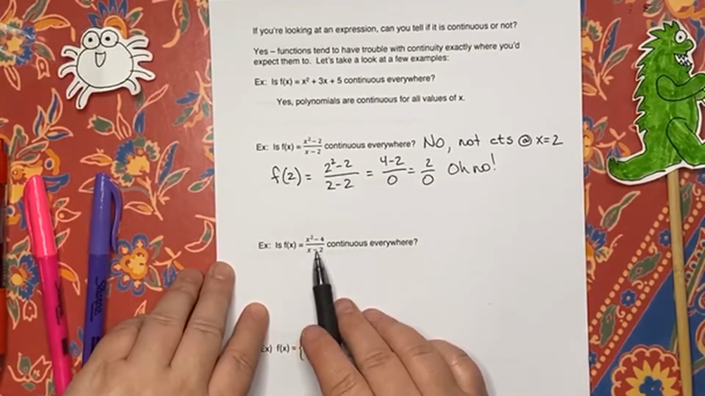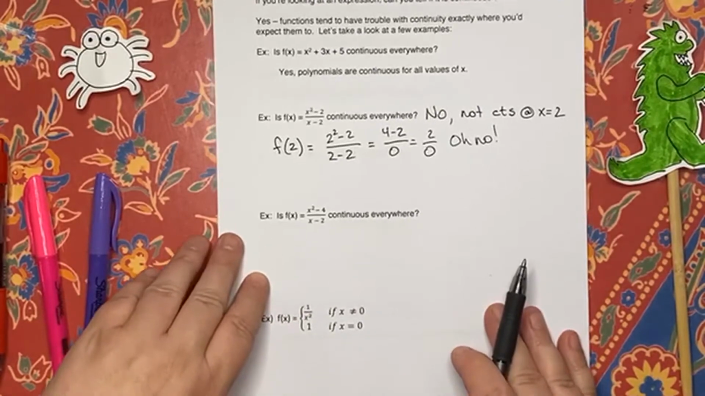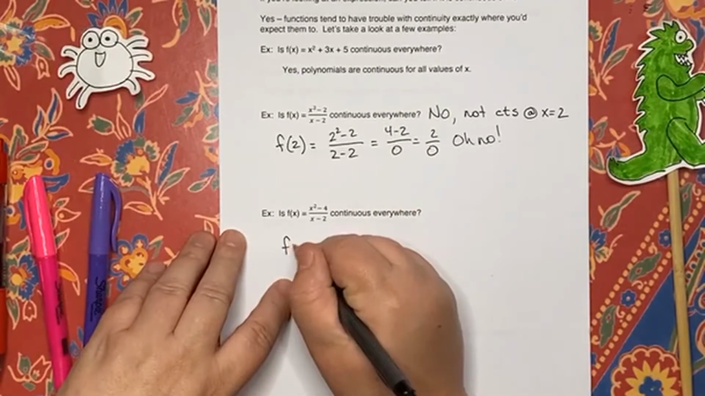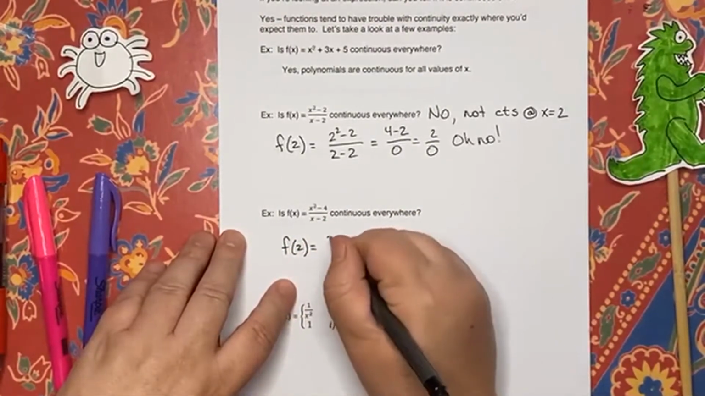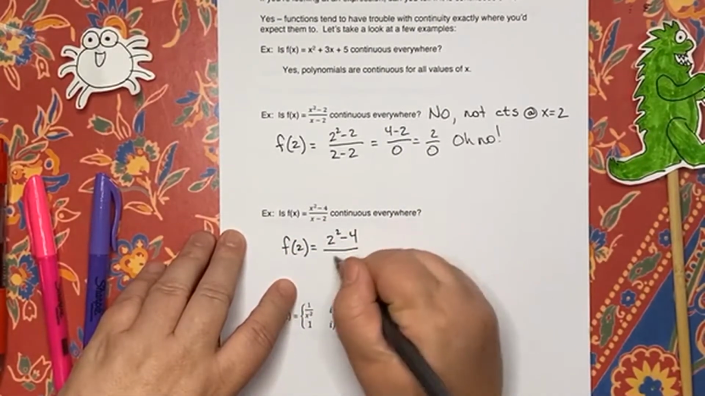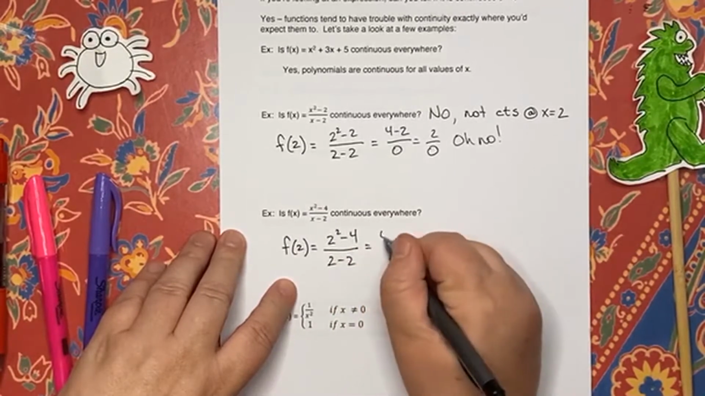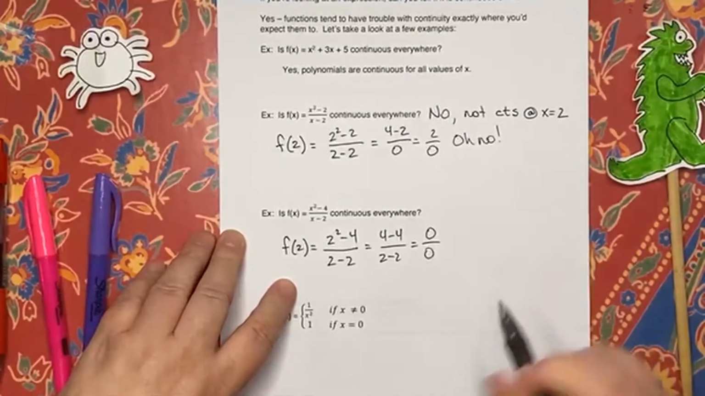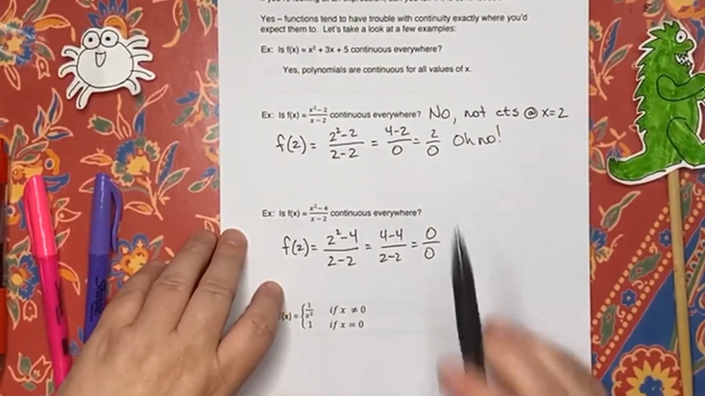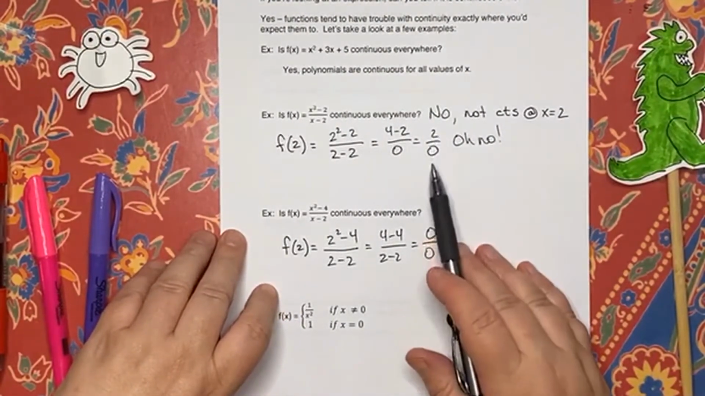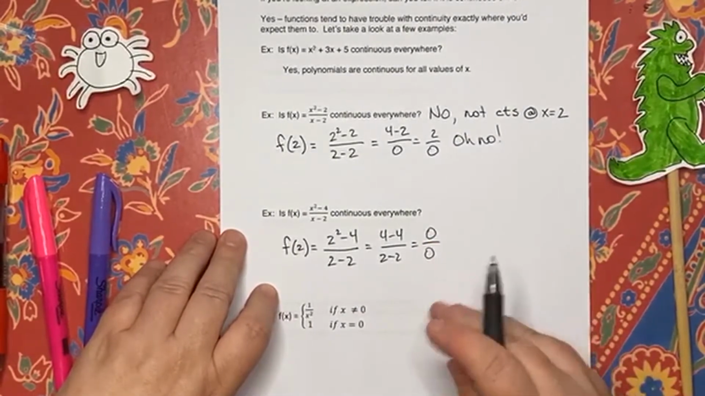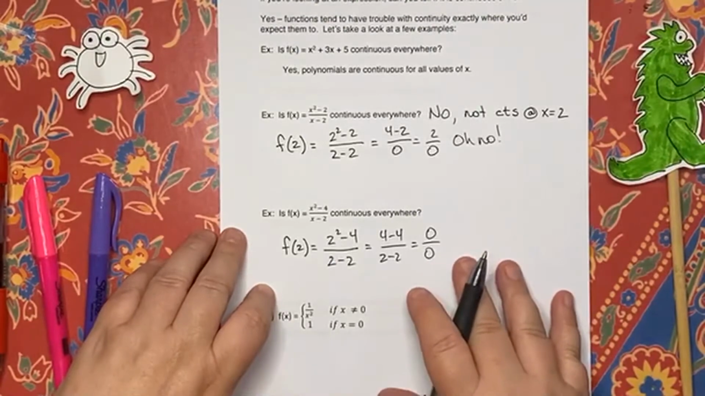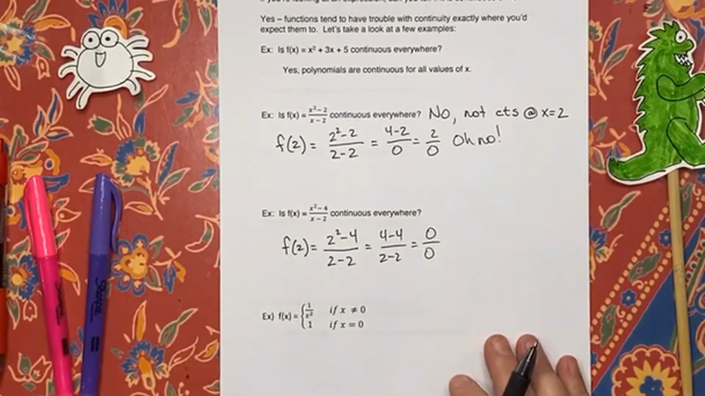Now, this is an interesting situation because for this one, f of 2 is 2 squared minus 4 all over 2 minus 2, which is 4 minus 4 over 2 minus 2, which is 0 over 0. Now, you might say to yourself, wait a minute. If something over 0 is a mess, 0 over 0 must be like a super mess. And the answer is yes. You're absolutely right. It's really a disaster, except,